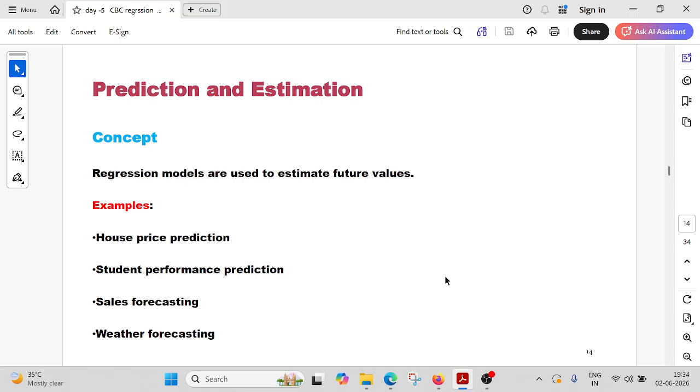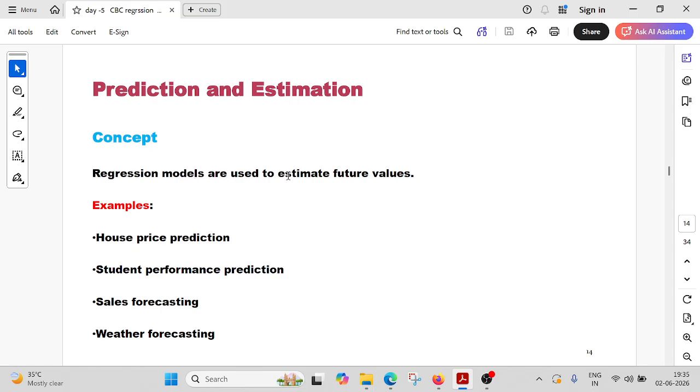Okay. Next, the prediction and estimation concept. So girls, many times we discussed this estimation and prediction in the statistics CYSM subject. I think it was the 4th unit, right? In the 4th unit, part A, we fully discussed estimation, control, confidence intervals and limits, all those things, right? So like that. Now simply, in terms of regression models, we are using them.